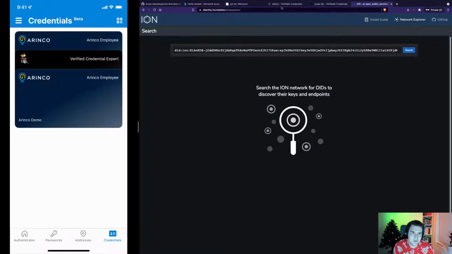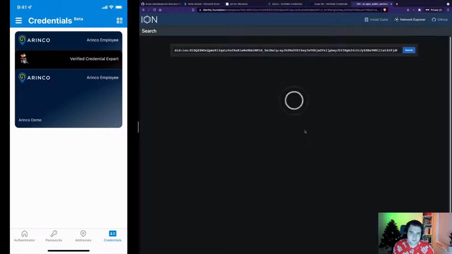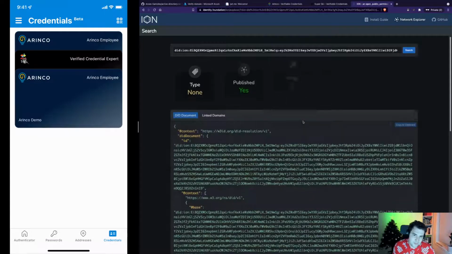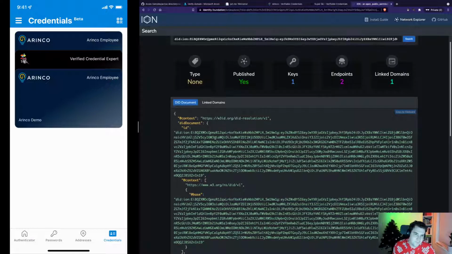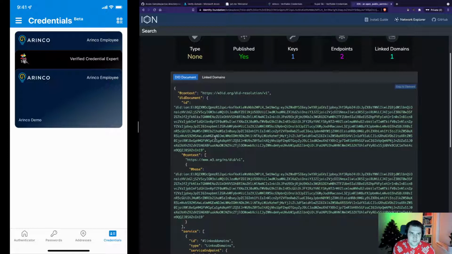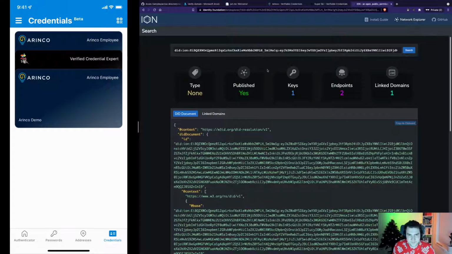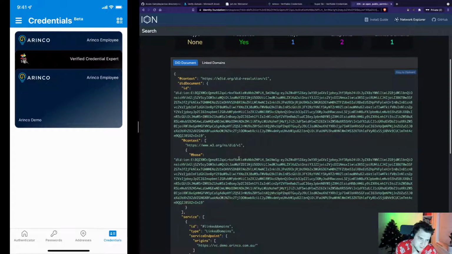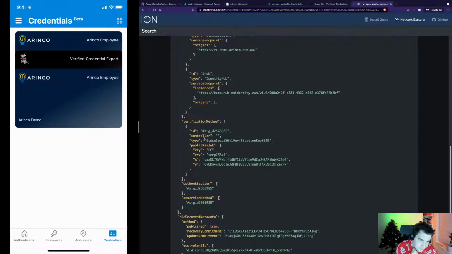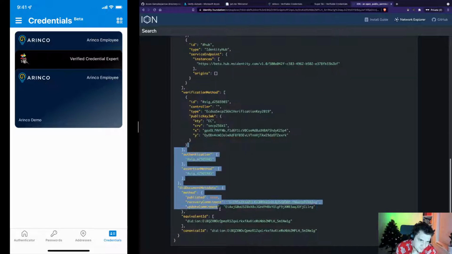So I've decoded my well-known document. I've grabbed the DID out of it, and I'm going to paste that into this search bar on the Identity Foundation Explorer. If I click search here, this is going to pull up more information about me. So obviously the way that this works is, this is the Explorer of the blockchain. Now, as I issue a key, or as I issue a verifiable credential, I'm signing it with information. And you can see down here some verification methods and some signature details.